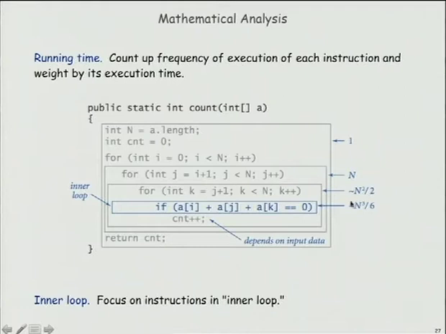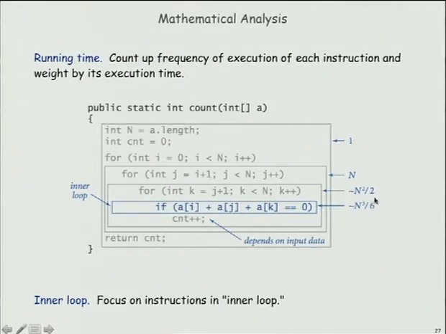And similarly for that one, the n to the power of 3 over 6 term will dominate. So this one and this one are lower order terms compared to this one, and we can ignore them, and we can say that our algorithm